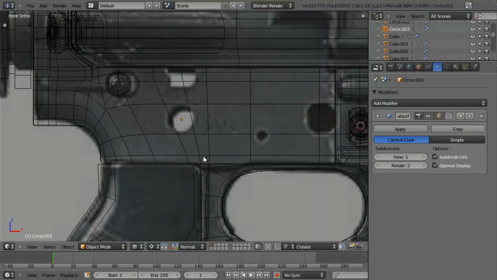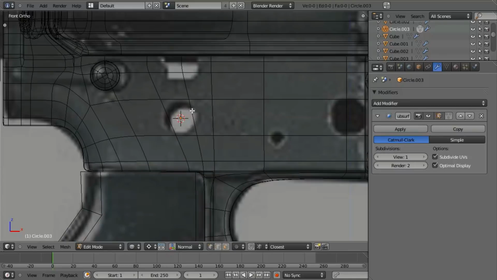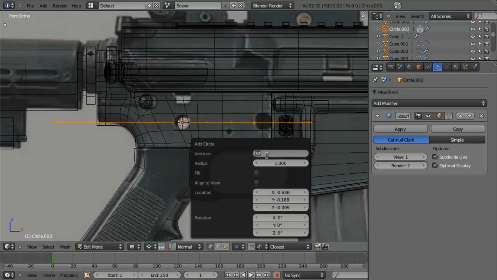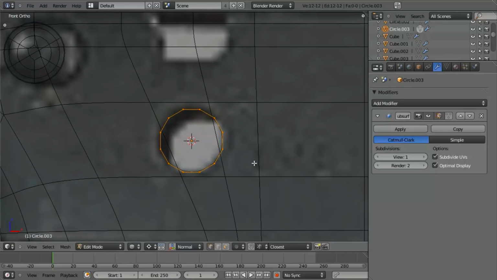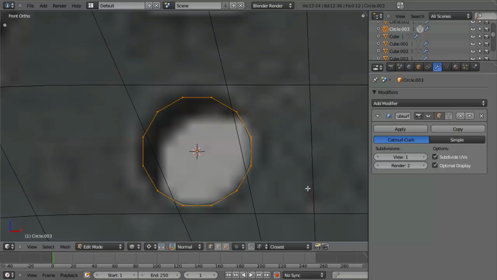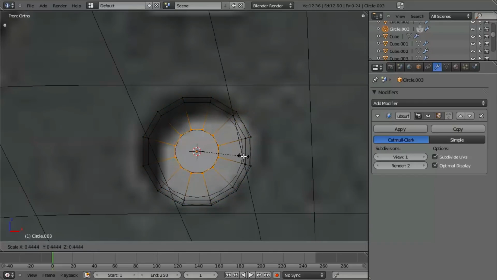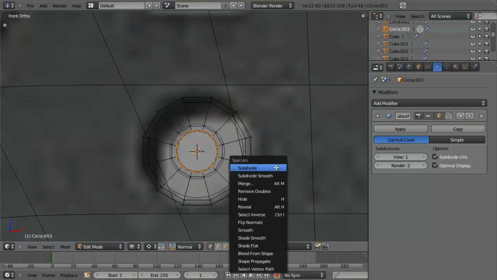And then we're going to hit Tab, Shift S, and cursor to selected. Hit Tab to go back into edit mode. Even though this is still an object, even though it doesn't have any vertices, it's just an empty object. So we'll now hit Shift A, add in a circle, hit F6. We're going to change this circle down to 12, ought to be just fine. We'll set the size at 0.1, and then we'll align it to the view. Then we can go ahead and scale it down a little bit more. We'll hit E to extrude, scale it in just a little bit. Then again, right to about the Pac-Man point, and we'll extrude again, scale it in, and one last time,